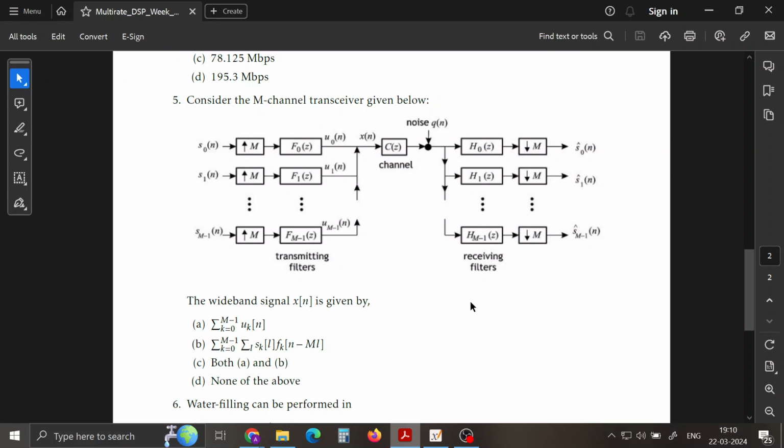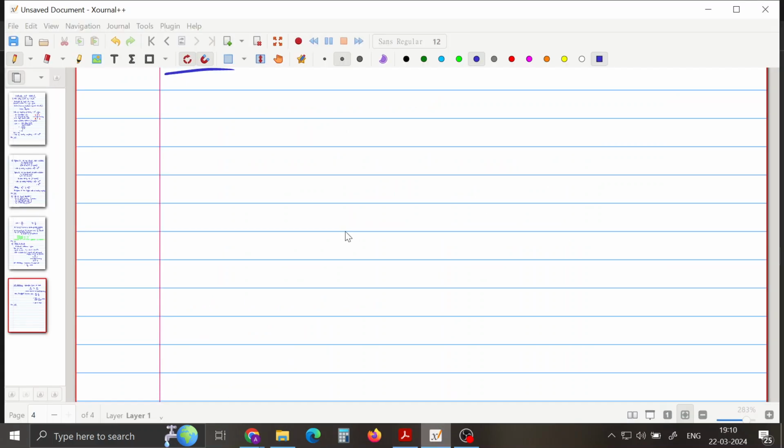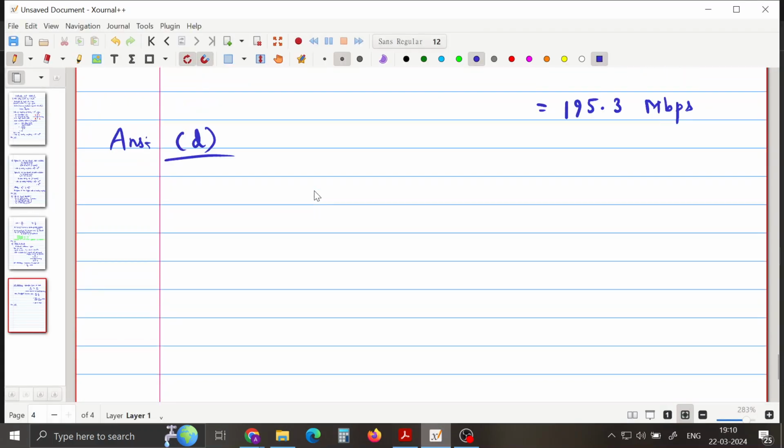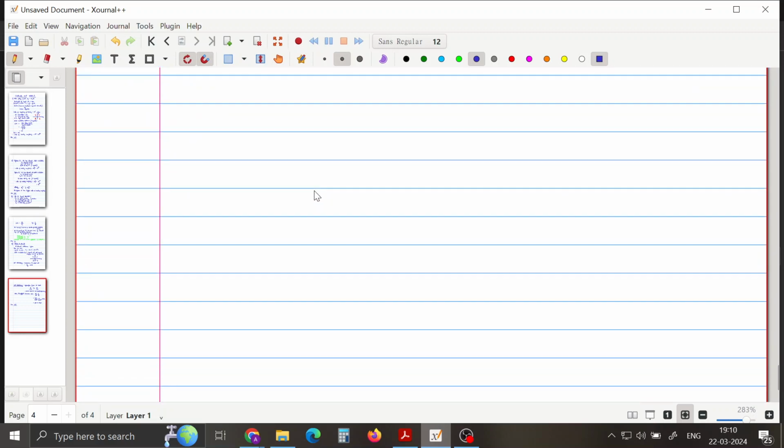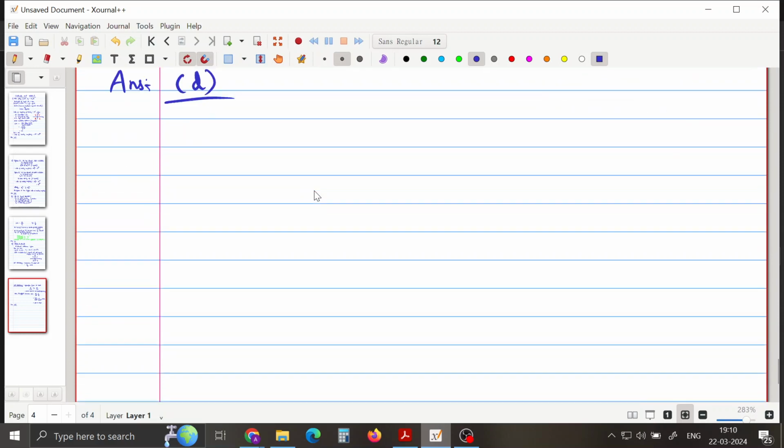So let's solve this one, and for that I will basically redraw this diagram again. It would have been better if I had started from the next page, but I don't want to waste this blank space here. So I'll start here itself. So this is question number 6, and the structure is, by the way,